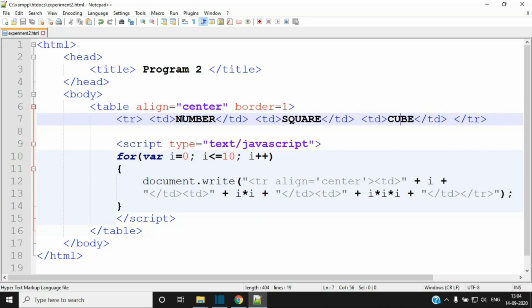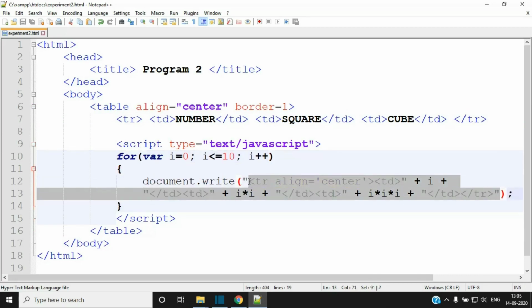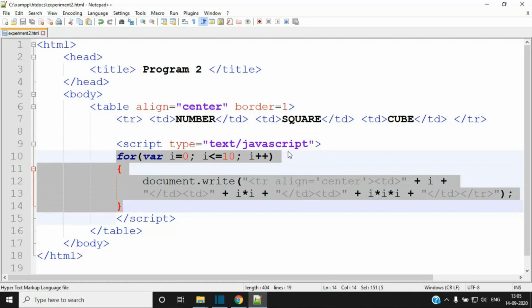You can make it th as header also, no problem. Then all remaining rows display squares and cubes of 0 to 10. I have used a for loop and the document.write function. Within that I have written code to create a row with the number, its square and its cube. Totally this row keeps repeating inside the HTML code because of the for loop we have written in the JavaScript.